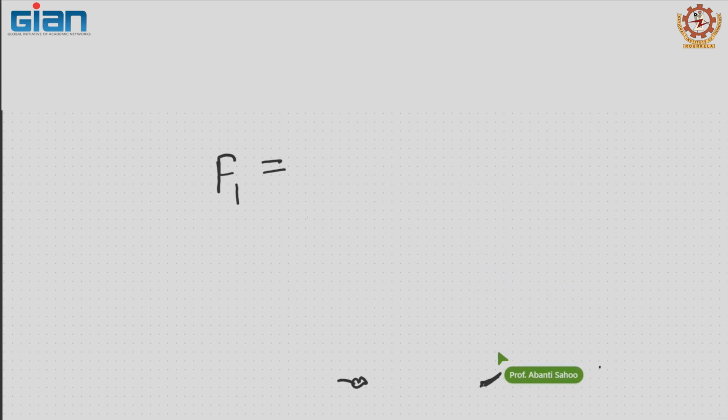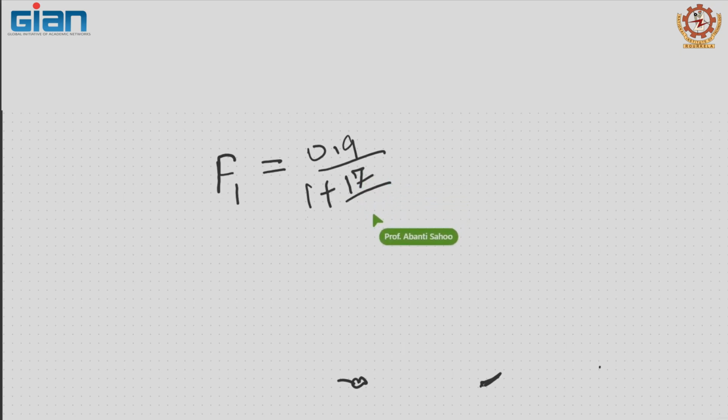So, this we can write as 0.9 divided by 1 plus 17 by F1, where W is the total, which is 17. F1 is unknown, into 0.8, K of R1 is 0.8,